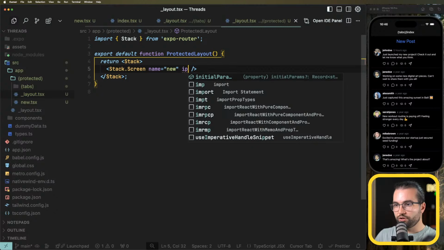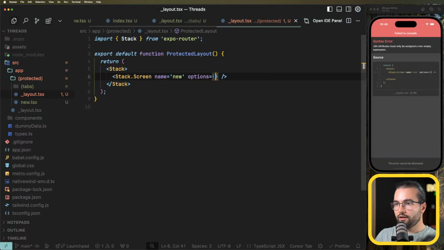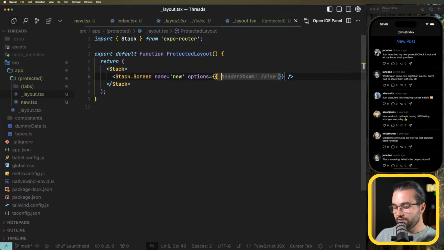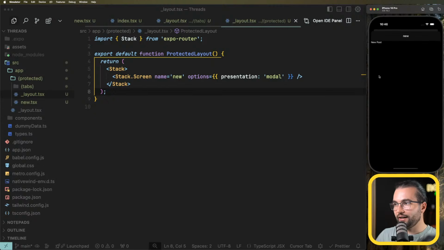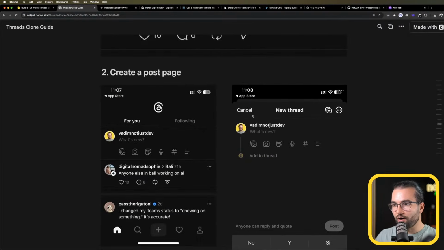Let's do options here. One option is we can say, hey, presentation, show it as a modal. Now if I press new post, it shows as a modal, similar to how the new thread works